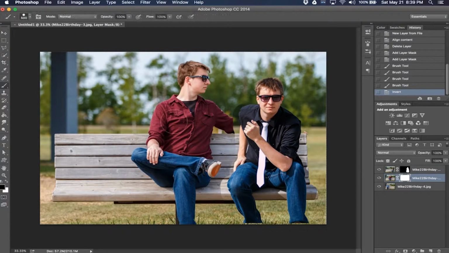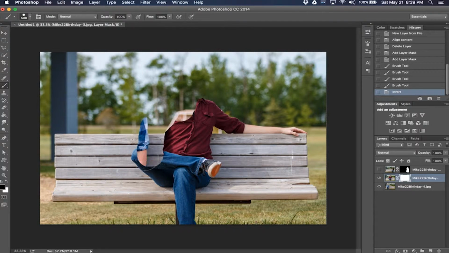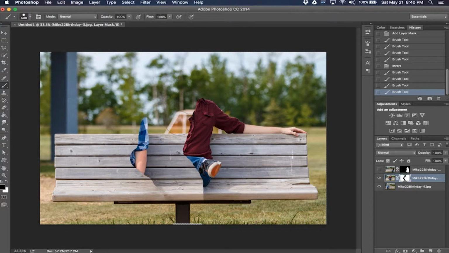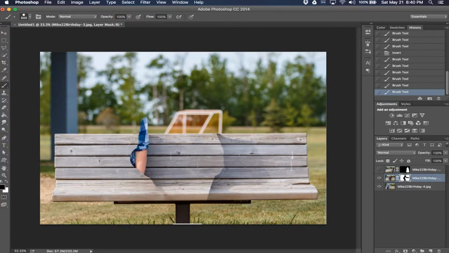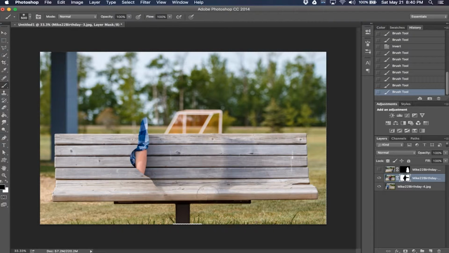Select your brush tool or click B, and I'm just going to hide this top layer here and paint myself out of the picture here. You can see the layer on that side as well. Down here you can see the problem. That's just from when it was aligning. I'll fix that later with just a simple crop, because you don't need the entirety of that bottom, at least in this specific example. I'm also going to lower my hardness here to just feather it a bit,